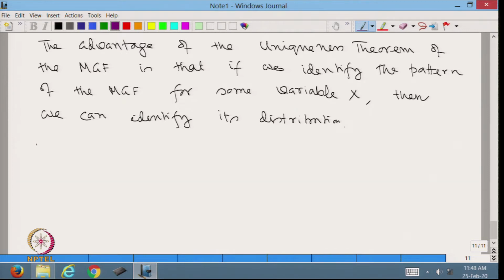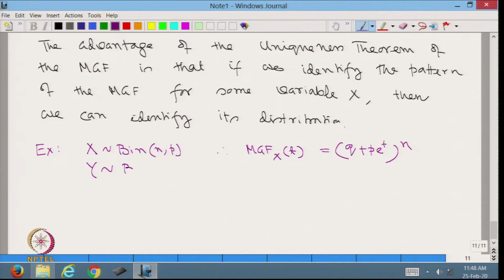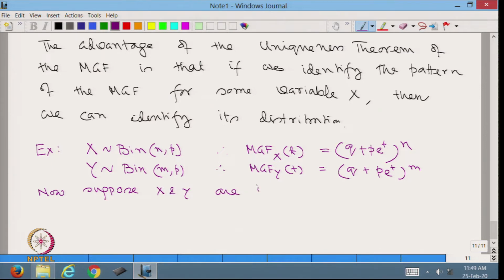For example, suppose x is binomial n comma p, therefore, MGF of x at t is equal to q plus p e to the power t whole to the power n. Suppose y is distributed as binomial m comma p, therefore, MGF of y at t is equal to q plus p e to the power t whole to the power m. Now, suppose x and y are independent,